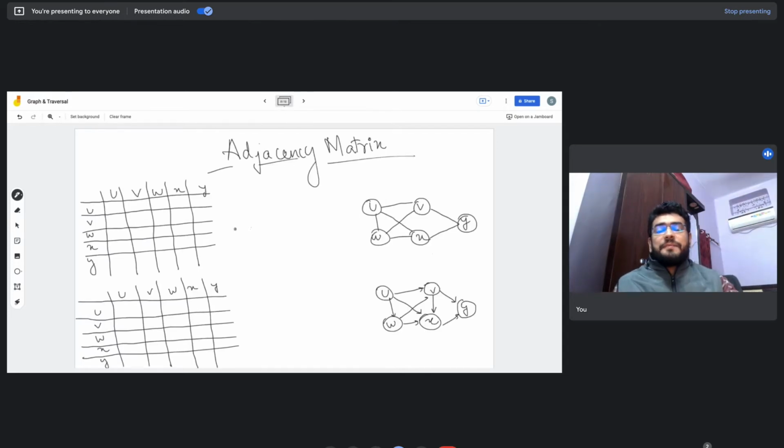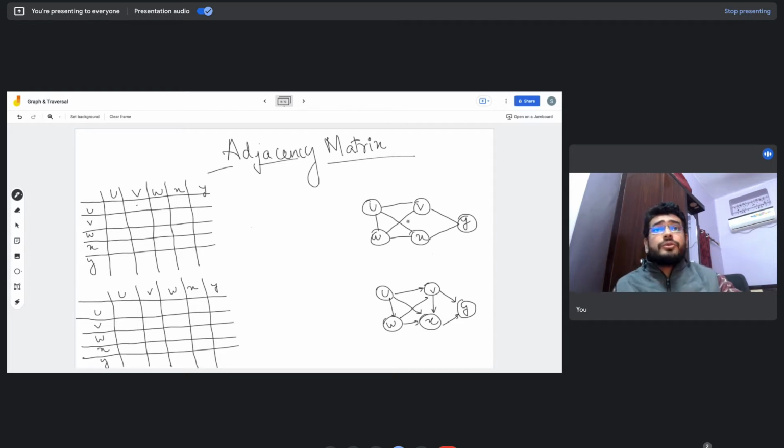So adjacency matrix is basically a two-dimensional array of size n cross n, where n represents the number of nodes in the graph. Now let's see how a directed and an undirected graph can be represented in the form of an adjacency matrix. Each of the cells of this two-dimensional array represents whether there is an outgoing edge from the row u to the column v. If it is true, then we are going to put 1 in this cell, otherwise we are going to put 0. So let's start row by row.